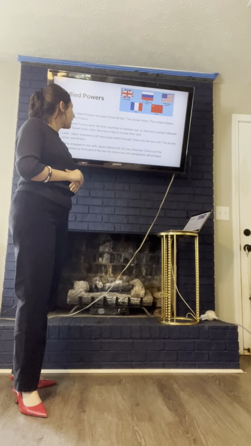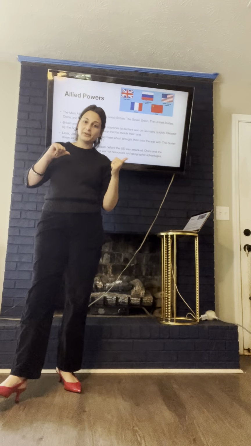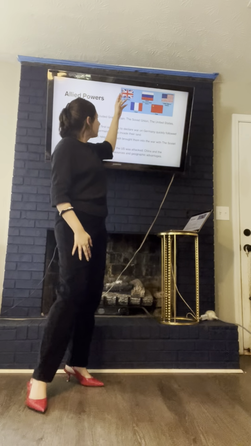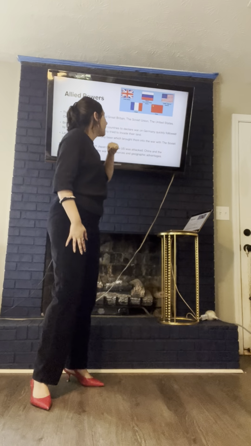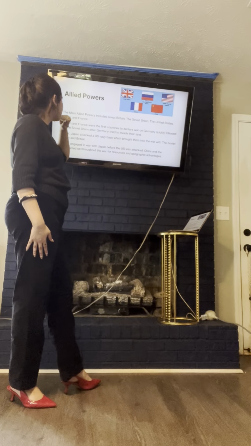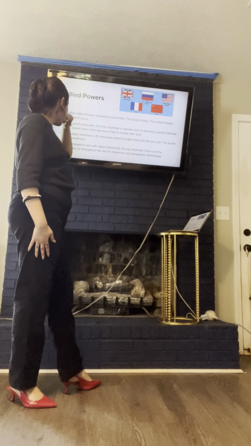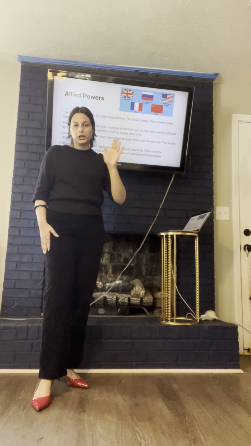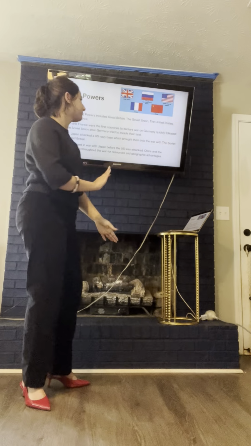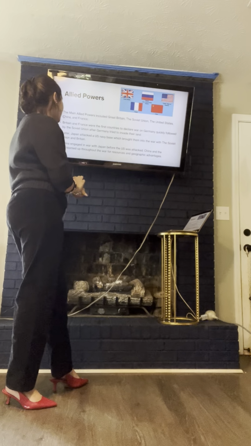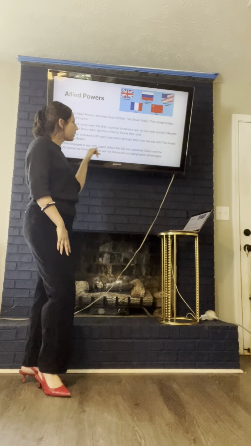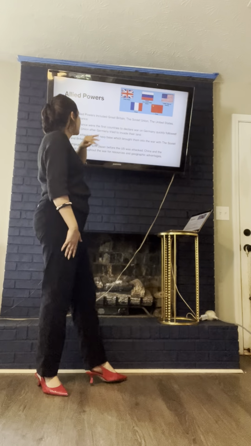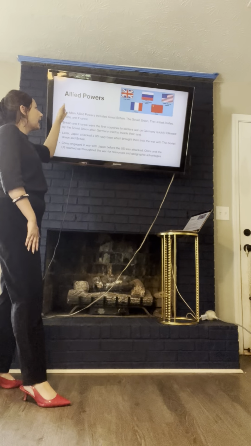Later on, Japan, who was teammates with Germany, attacked the U.S., bringing us into it. So we teamed up with Britain and France, and later on, Russia as well. China and Japan have never been best buds. They've always had issues. They always had a toxic relationship. And because of that, they were a huge partner, coupled with the U.S., to help us during the war. So these are the Allied powers.